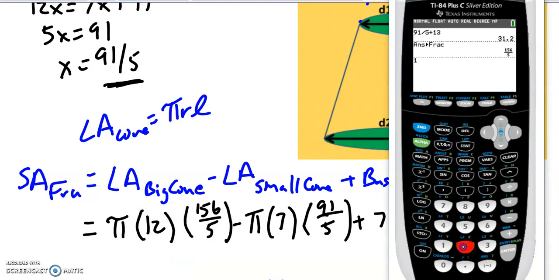So I'll do 12 times, and I'm just going to use my answer key here so I don't have to retype that fraction, minus 7 times 91 divided by 5, plus, now the next one was 7 squared, so that's going to be 49, and then plus 12 squared, so 144, and we get 440